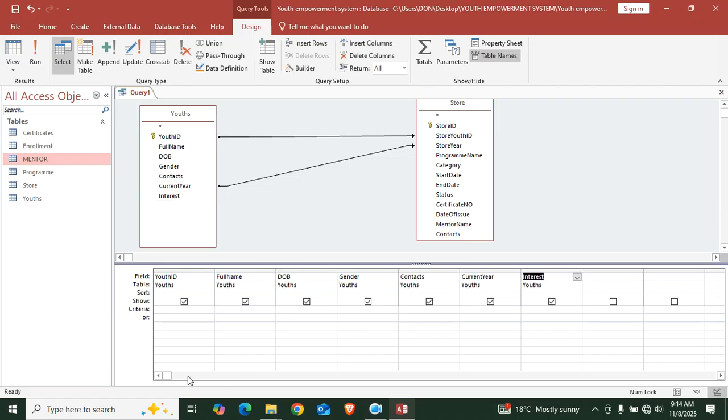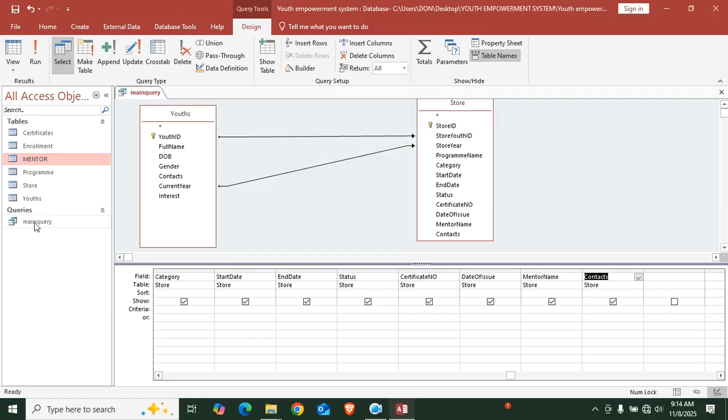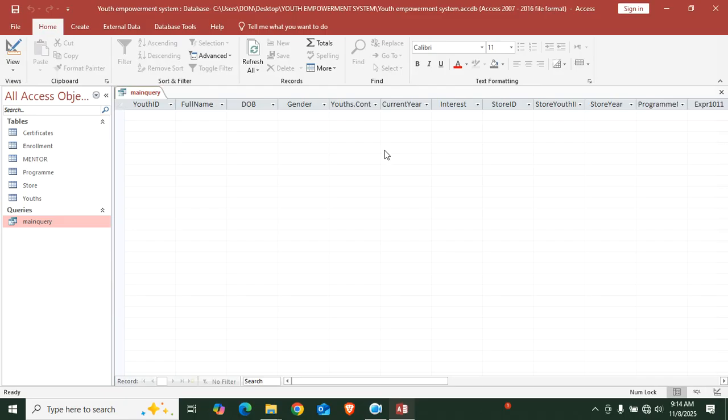So we shall have that one, then have this, have that one. Here, category, date, edit date, again status, certificate number, date of issue, mentorship name, and contacts. Hopefully then the contacts is there. So this one you can just call our main query. This is our main query, and this one should not show anything because we don't have the